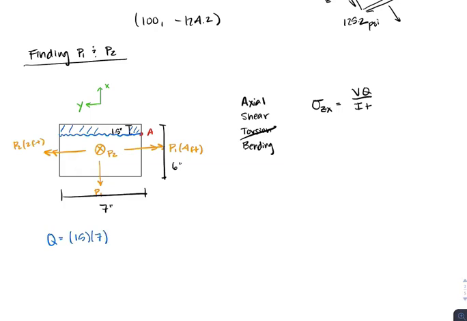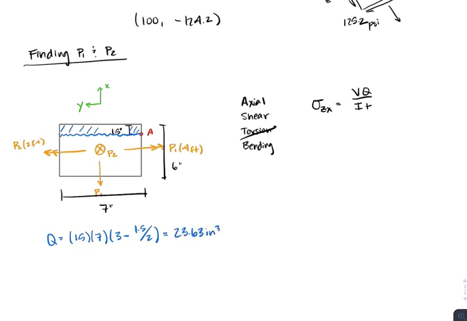That's our area of the section that we're interested in possibly breaking off. And then the distance between those two is going to be 3 inches minus 1.5 over 2. So 3 inches is the distance from the centroid to the edge of our section, and then 1.5 divided by 2 is the distance from the edge to the centroid of the small area cross-section that we're interested in. So that's going to get us a value of